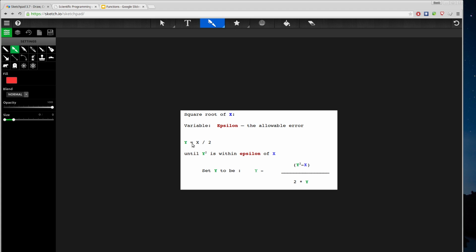And we're going to wait until y squared, our guess squared, is within epsilon of x. And when I say wait, we're going to be active in this. We're going to continually assign or reassign y to be a next guess. So we want to think of this as the next guess. And we're using this formula here to calculate a new guess of y, and that should converge to